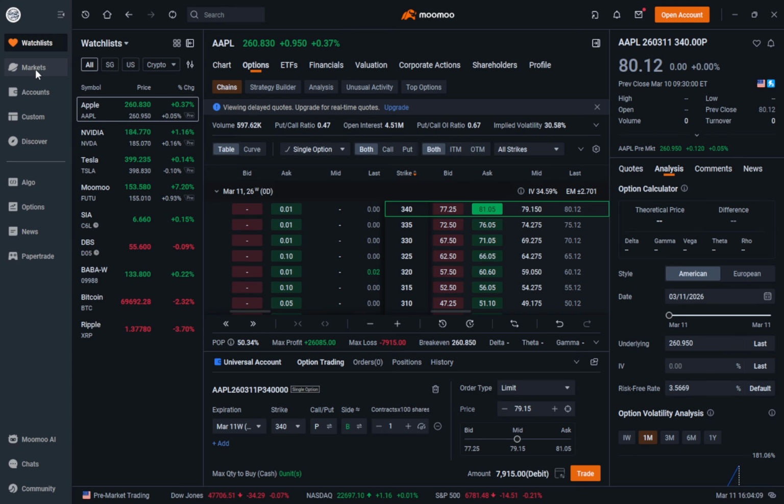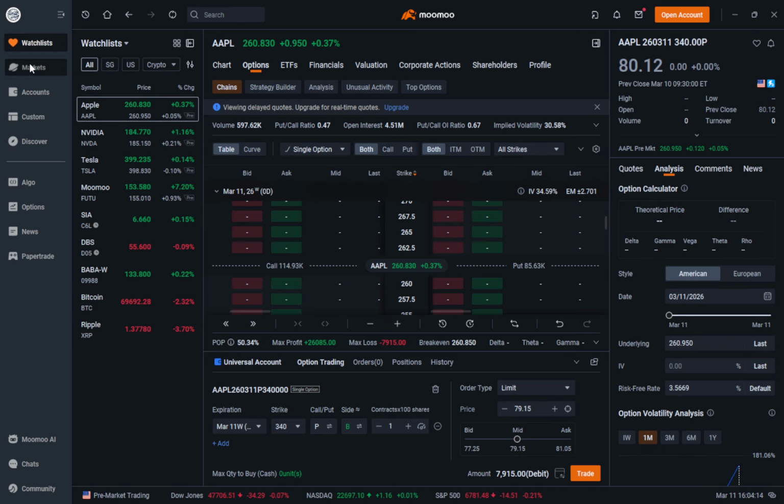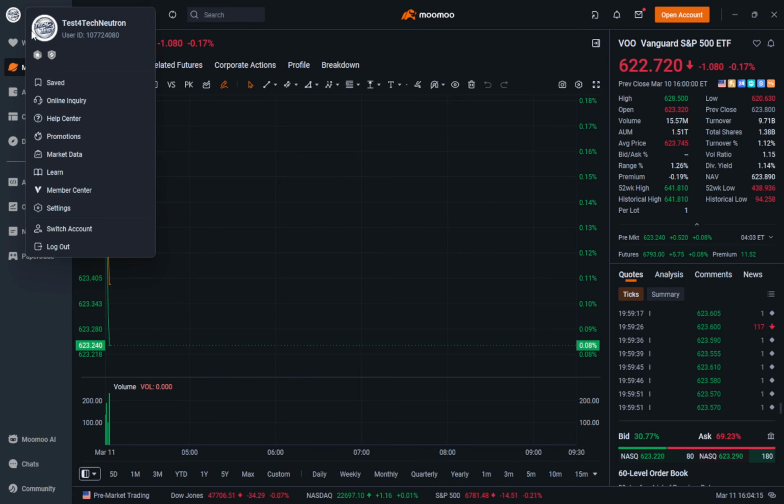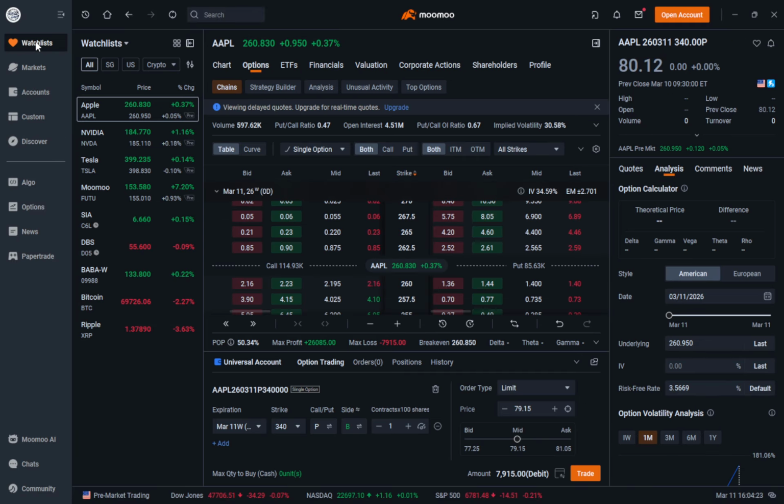First, make sure your account is enabled for options trading. Moomoo requires approval before you can place options orders. If you don't see an options tab in your app or desktop platform, request permission in the app or reach out to customer support. The platform assigns options levels based on your trading experience, financial profile, and account assets, so answer those questionnaires accurately. Approval can take a bit of time, and some strategies may remain restricted depending on your